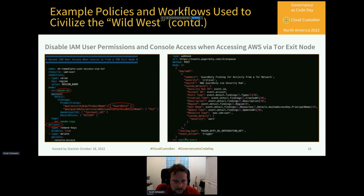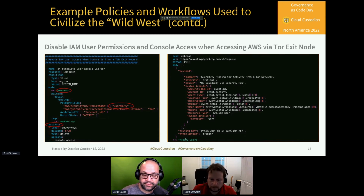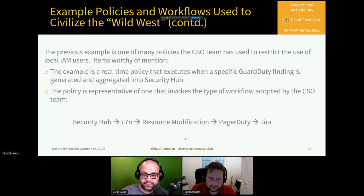of operation. So this is a real-time policy, and as findings are ingested into Security Hub, and this one, as you can see, is coming from a GuardDuty finding, these policies are executed and then perform several different actions to remove all permissions of the user, and then implement some additional downstream processing, which is based on some of the workflows that we've implemented. On the right-hand side of the screen, we're invoking a webhook, which would kick off a PagerDuty incident, and via other integrations that we have with PagerDuty and Jira and things like that, we were able to put together this overall workflow that we are continually